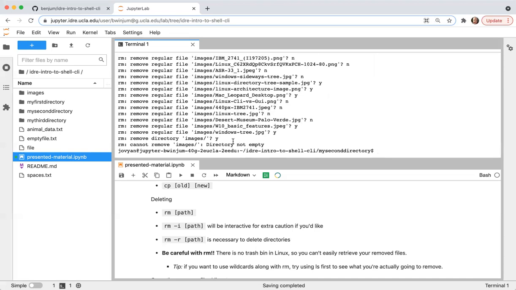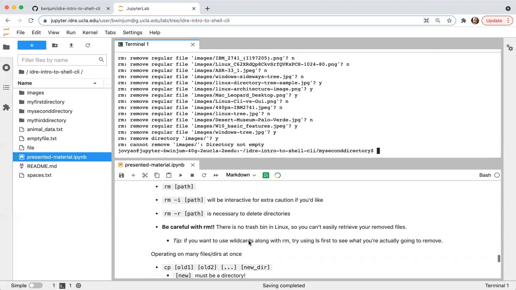And since I absentmindedly specified yes for the last one, it complains that it can't do that because the directory is not empty. So just as a strong word of caution, be very careful with remove, especially if you use wildcards.